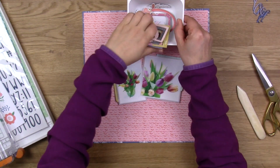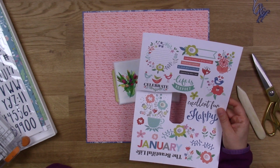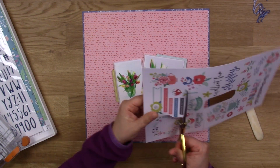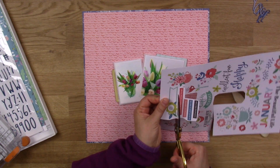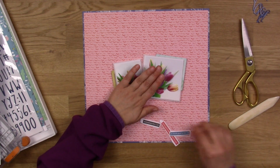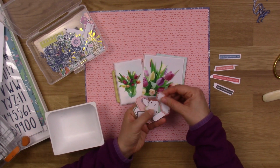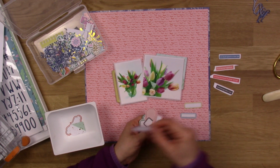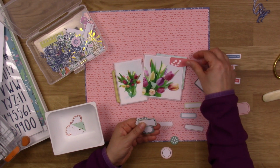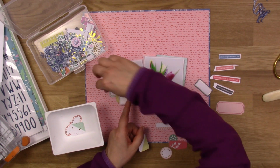So this is the only thing I did off camera and prepared before filming, and now I'm going through all the embellishments and check out what I can use, what I like going with it. The only thing I thought I would do is using all these floral elements which are in the ephemera pack and kind of tucking them behind my two pictures to the left and to the right, because the sketch was giving it like that,